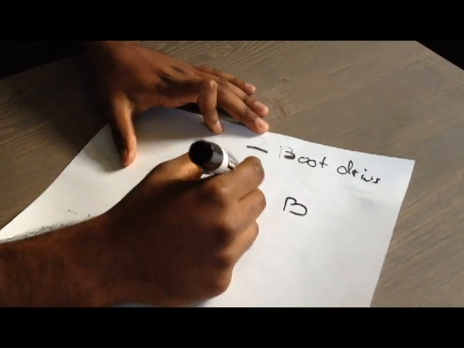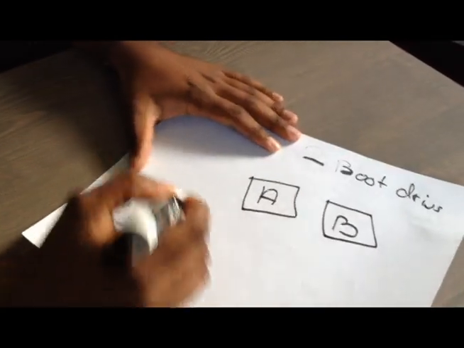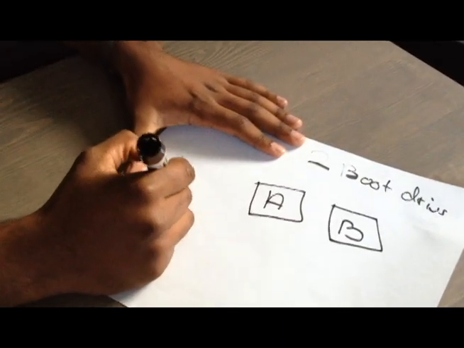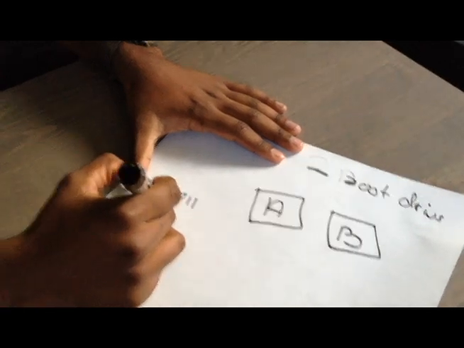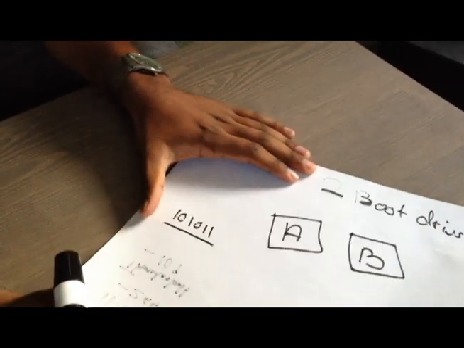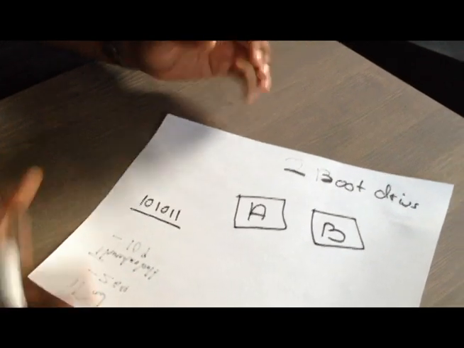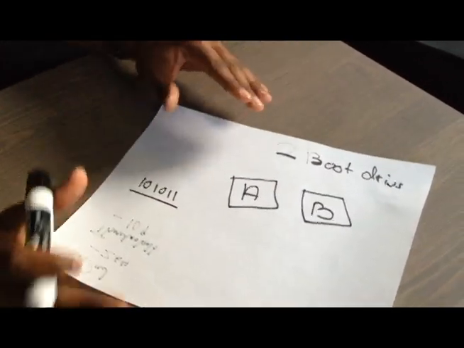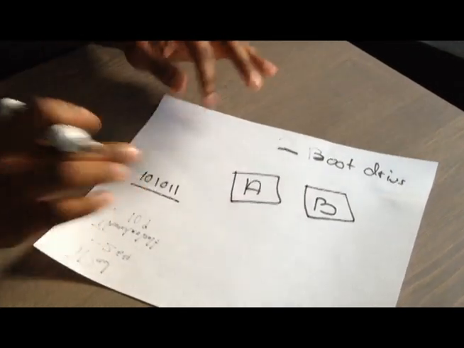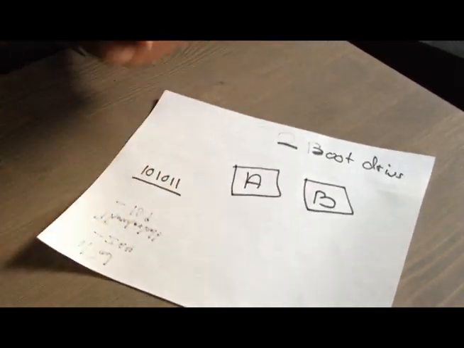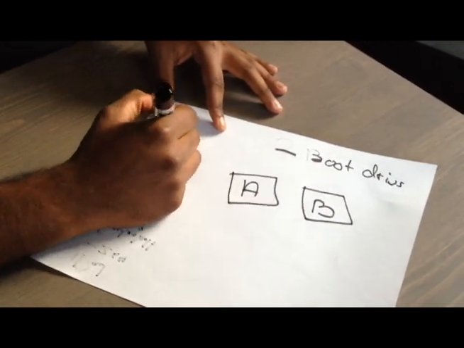Now, if you have something set up in RAID 0, and let's say your operating system is this code right here, 101011. This is called binary code. Everything in a computer is handled through binary code, which is a series of zeros and ones. So even though an operating system is an incredibly extensive, complicated system of binary code, we're just going to simplify it down to this. So in a system where you have RAID 0,